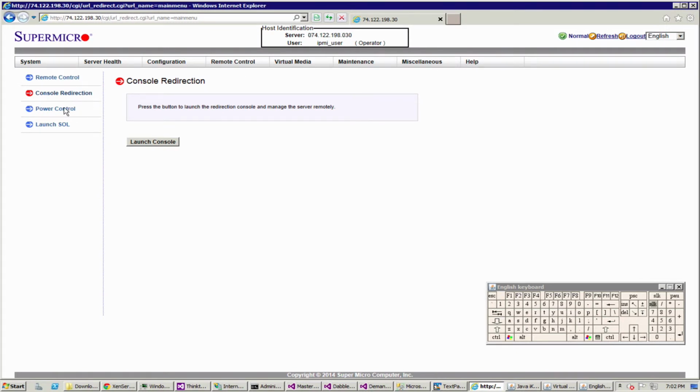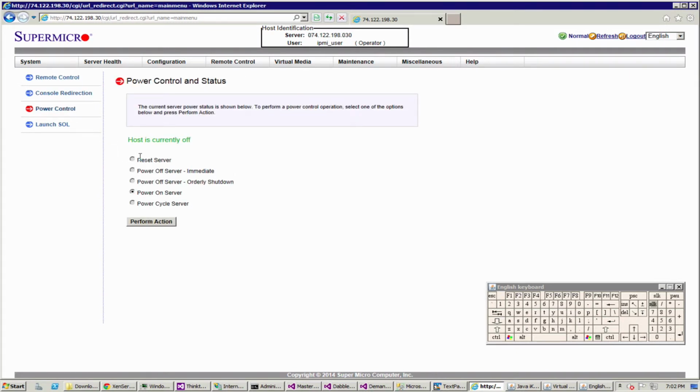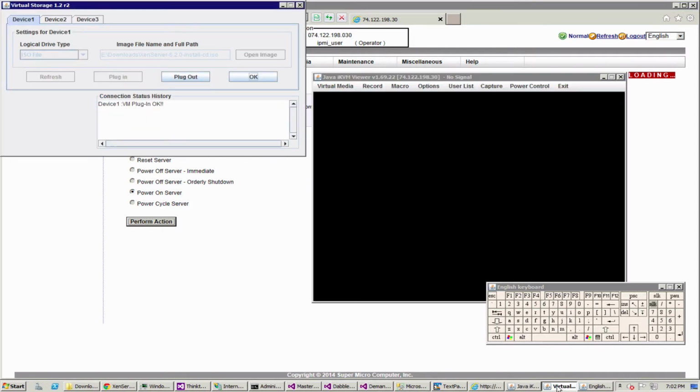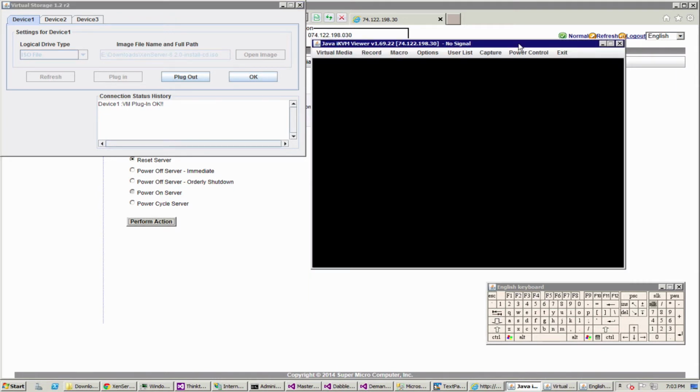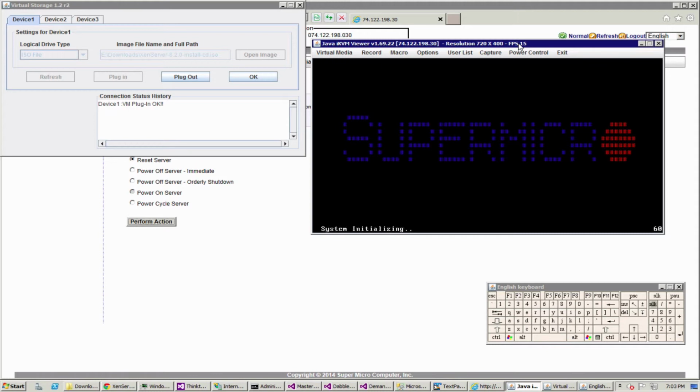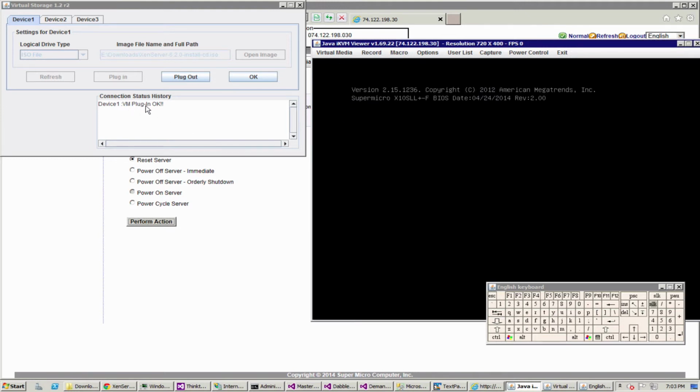And I go to power control, and we'll power on the server. If it's already on, you would just do a reset. And then if you jump back over here, you will see it connects to the server and it boots up just like you were there, like a normal KVM or IPMI, I guess, remote desktop. So it's basically booting, and the way the ISO was built is it